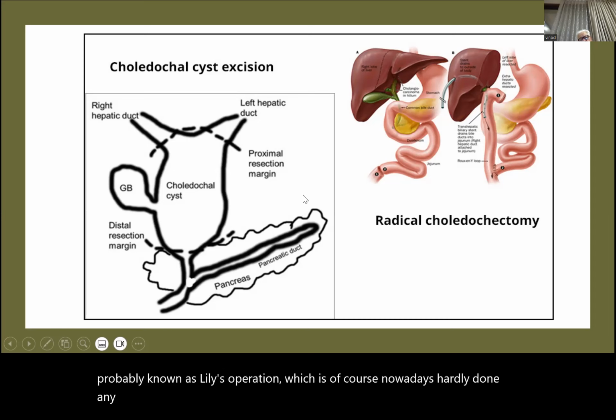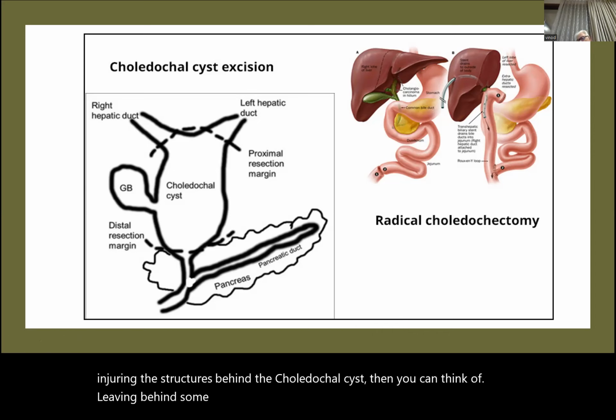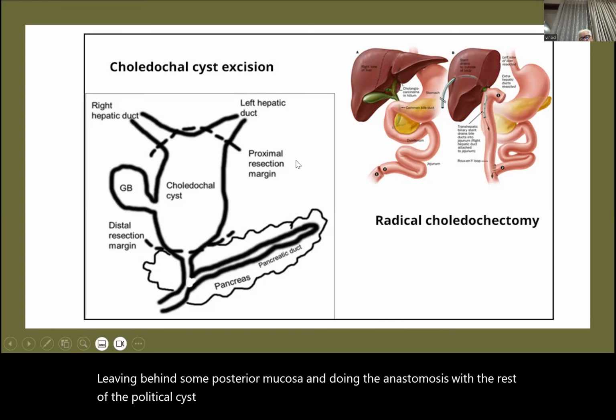I have not seen anybody do it. But if you find that there is a risk of injuring the structures behind the choledochal cyst, then you can think of leaving behind some posterior mucosa and doing the anastomosis with the rest of the choledochal cyst. And the other operation that can be done is